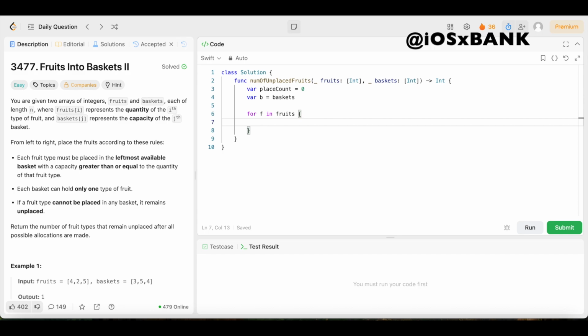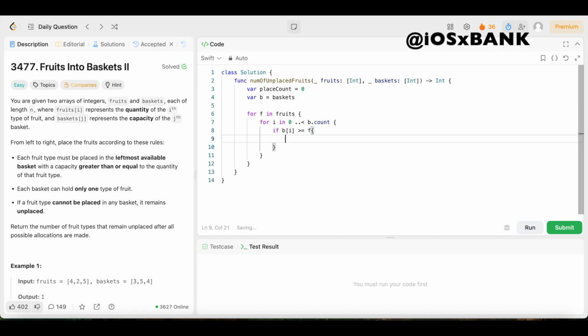So we're going to say for i in 0 less than b.count, we're going to open up the brackets. And if the basket can hold this fruit, meaning the capacity is greater than or equal to the fruit size, we handle that by saying if b[i] is greater than or equal to f, then